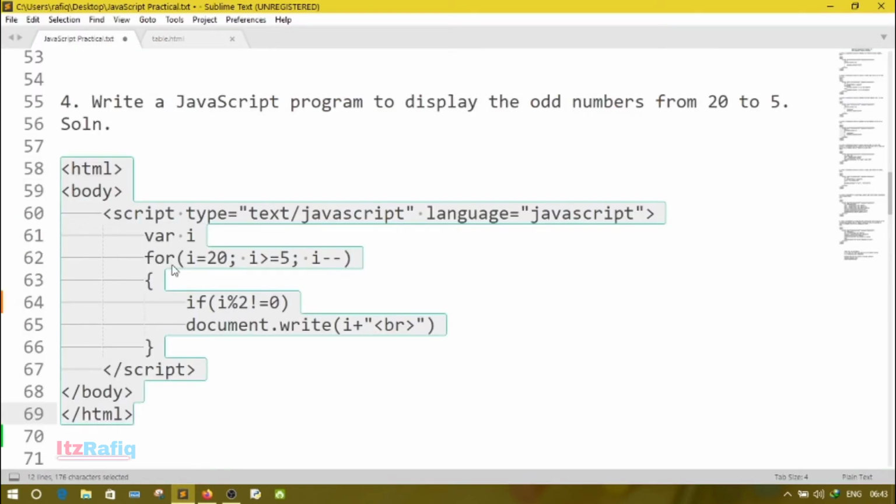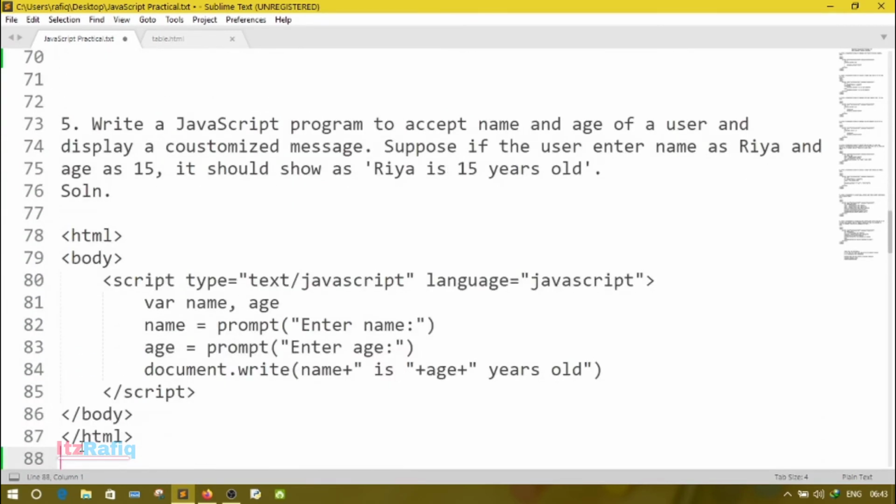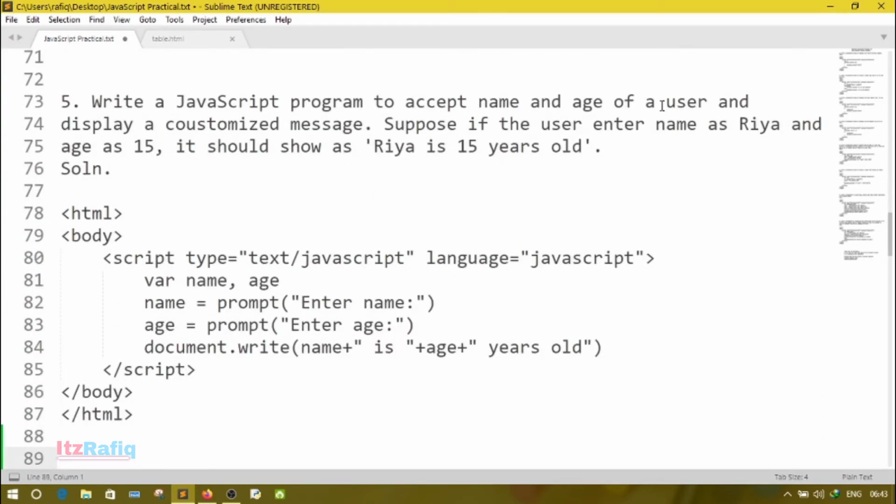Now let's move to the next program. Write a JavaScript program to accept name and age of a user and display a customized message. Suppose if the user enters name as Ria and age is 15, it should display Ria is 15 years old.